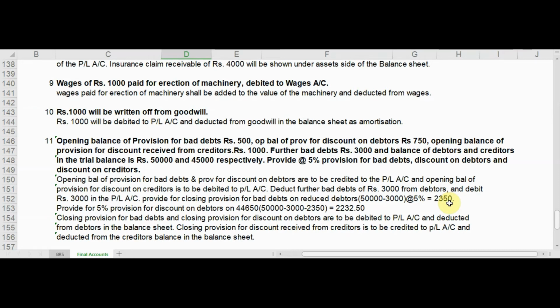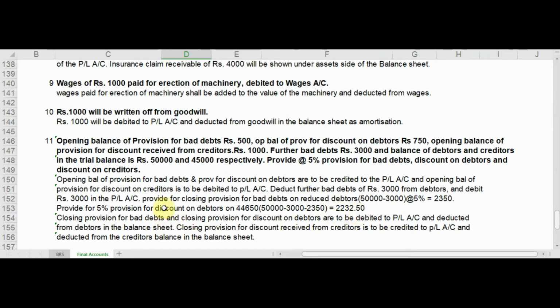So on the good debtors we make the closing provision for discount on debtors. So provide for 5% provision for discount on debtors on 44,650, that is 50,000 minus 3,000 for the bad debts minus 2350, that is closing provision for bad debts. It comes to